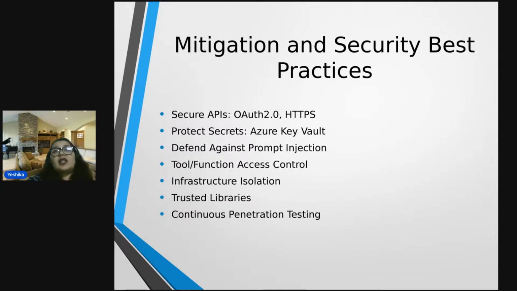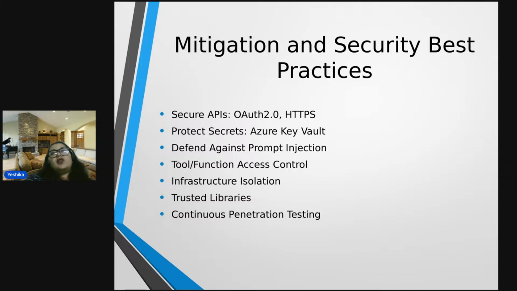Then there are trusted libraries. There should be no third party application that you add into your code. So for mitigation or best practices, definitely use trusted libraries, from the resources or vendors that provide a library, say the DLLs or the packages or the applications, that are from genuine vendors and not from any third party application.